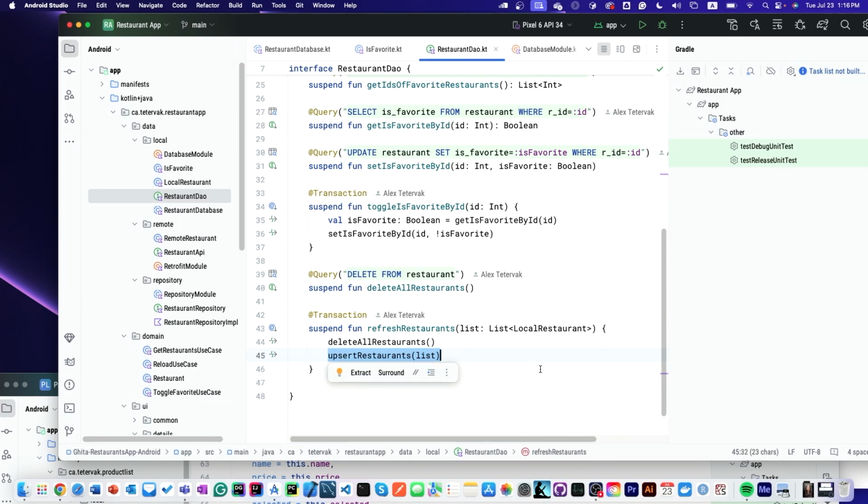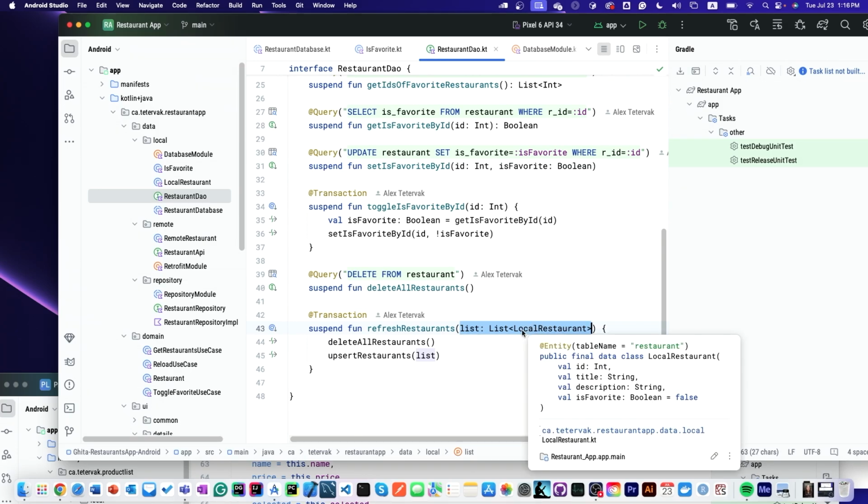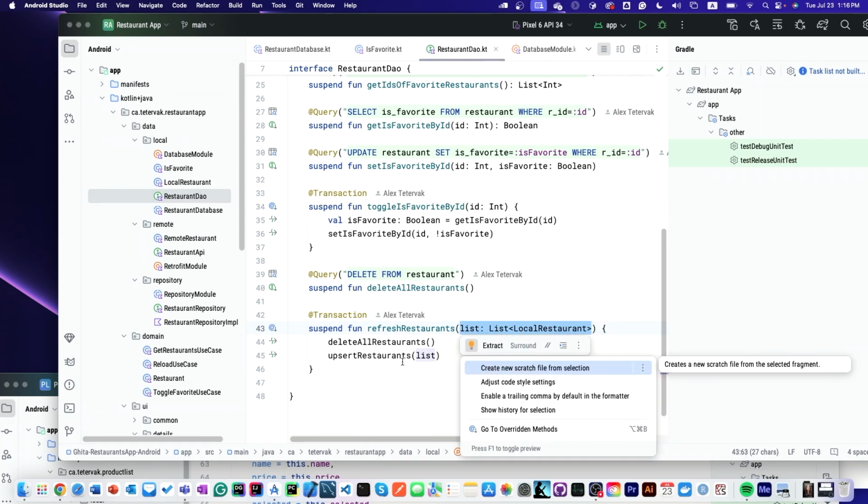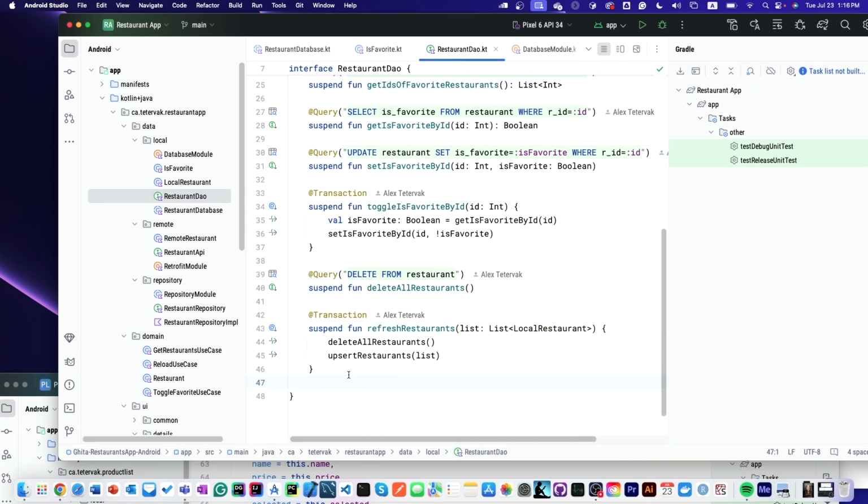So technically, since this function cannot do a network query, right? It relies on the given list provided by the function that did the network query. Right? So this is the definition of DAO, and the implementation, and the DAO will be implemented automatically because it's mentioned in the abstract class of the database,